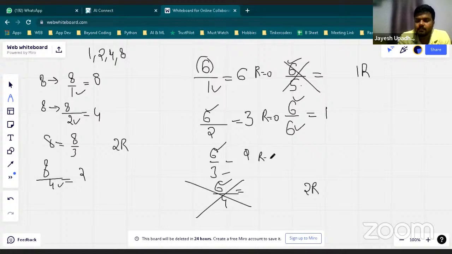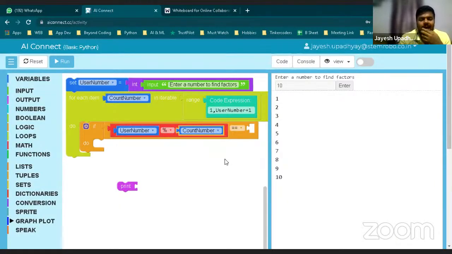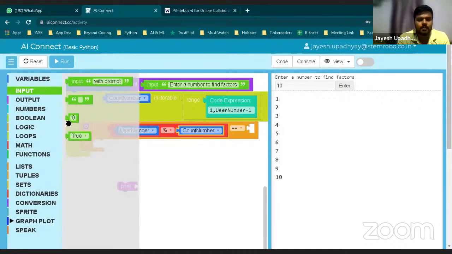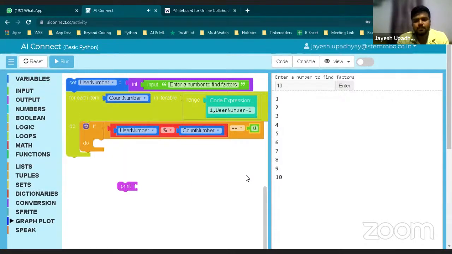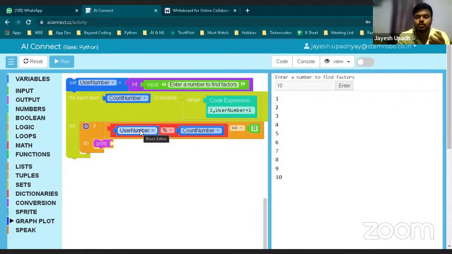रिमाइंडर इससे भी 0 आ रहा है। इन दिस केस आई एम गेटिंग द रिमाइंडर 0, तो आई विल डू वन थिंग, जिससे मुझे रिमाइंडर 0 आ रहा है ना, इट मींस दैट नंबर इज अ फैक्टर ऑफ दैट नंबर। वेरी सिंपल कॉन्सेप्ट, राइट? आई विल गो टू द एआई कनेक्ट, ओके, एंड 0 आ रहा है, राइट? और इससे रिमाइंडर फाइंड कर रहा हूँ, तो लाइक आई हैव डन दी हाफ थिंग्स, काफी कॉमन हो गया है ये। तो आप नंबर यहाँ पे डाल दोगे, सिंपल। अब आप प्रिंट क्या करोगे? ओके, नाउ यू आर चेकिंग द नंबर 1 by 1। तो पहले लेट्स से 1 आया, 1 को चेक करा, 1 तो डेफिनेटली फैक्टर होगा, राइट? तो लेट्स से 2 आया, 2 को चेक करा, अगर उसने 0 दिया तो प्रिंट किसको करना है? प्रिंट वही नंबर तो करना है जो फॉर लूप के वेरिएबल से आ रहा था।